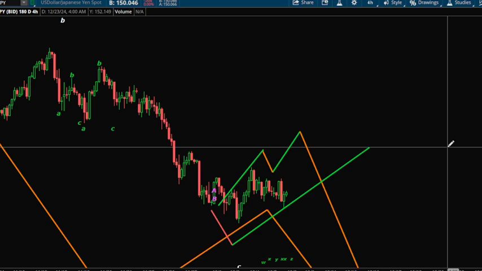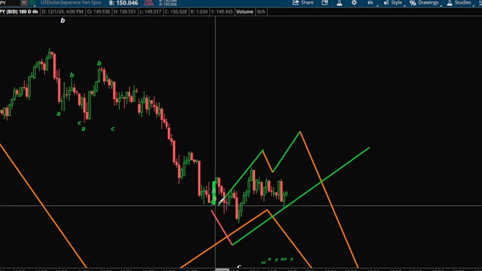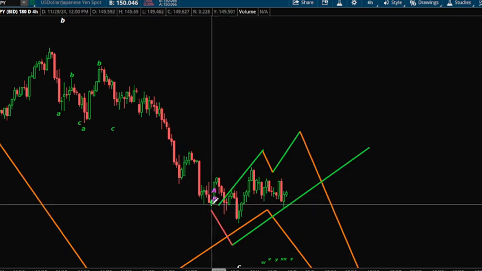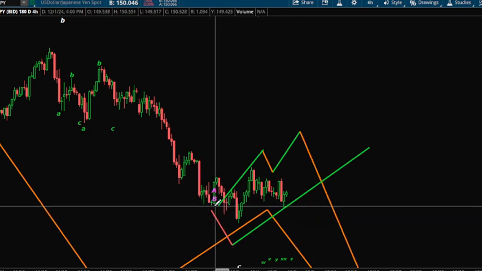I gave out a video a week ago, last Sunday, and price was around here. It was on 12.1, and I gave two price predictions, one up, one down, in case it broke this 149.423, and then the bullish target if it held. So it's looking like last Monday was a bottom. Now, I know it made a lower low,